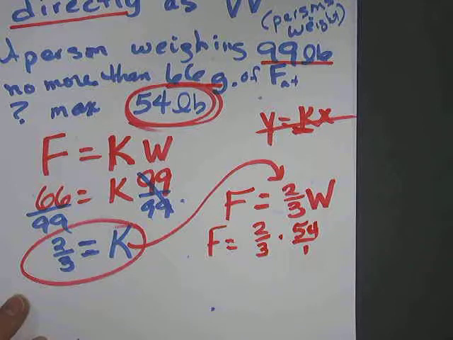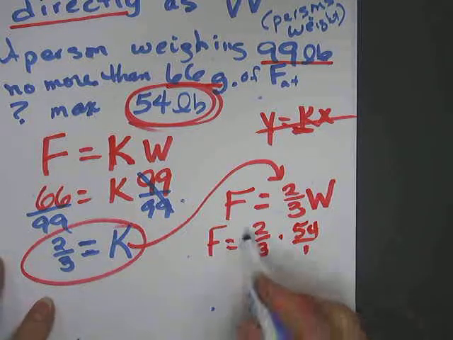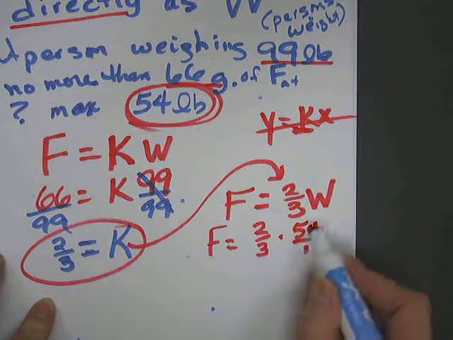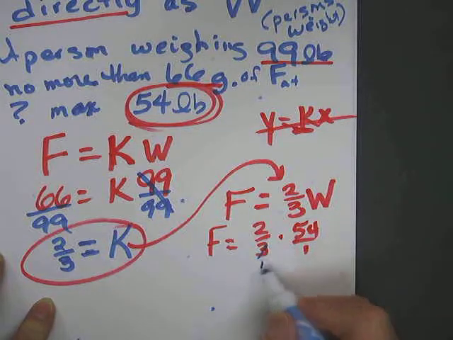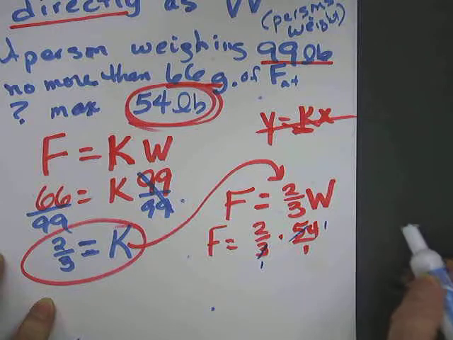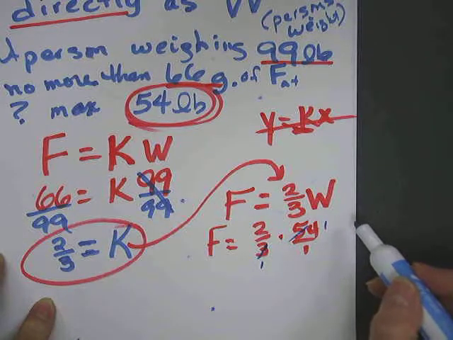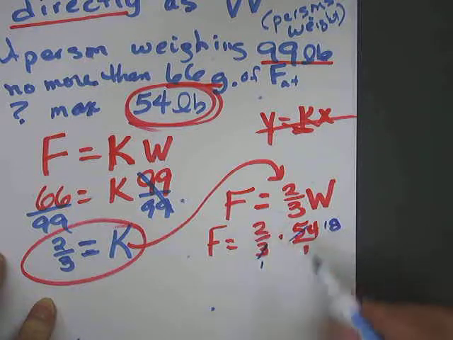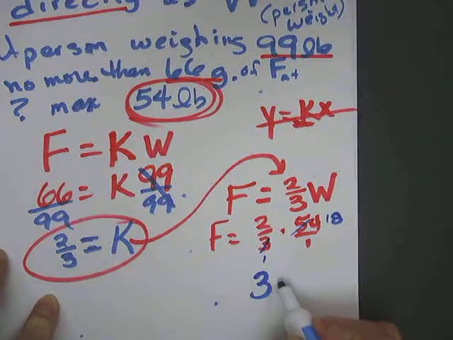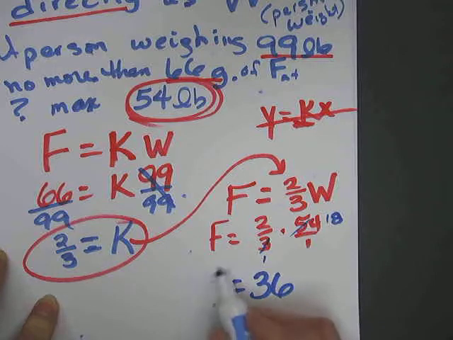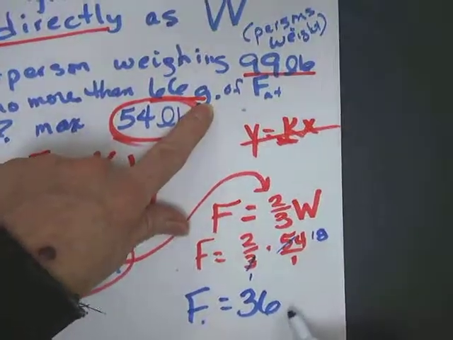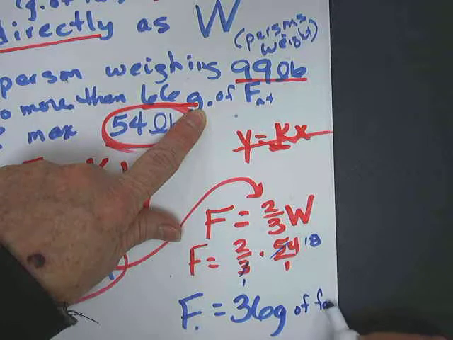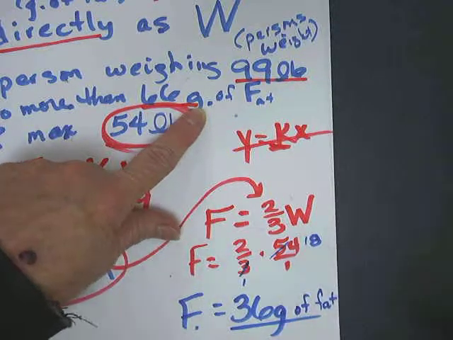So the F varies directly as the W. Okay? And we need to find out what K is, so we're sticking these numbers in to find out our constant. Not consonant, that's an English thing. Find out our constant. Okay, so F is fat,